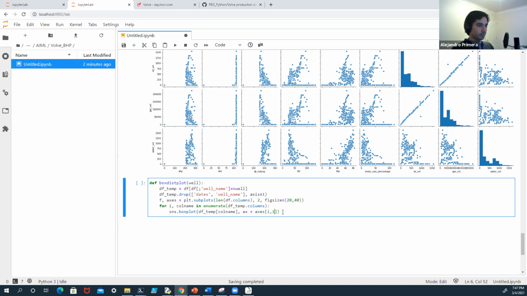Next I'm going to do the same. So first is going to be the box plot, and I'm going to also do a distribution plot. So distribution plot, column name, but I'm going to put the box plot in the first column, and this one in the second column. So if I run that,